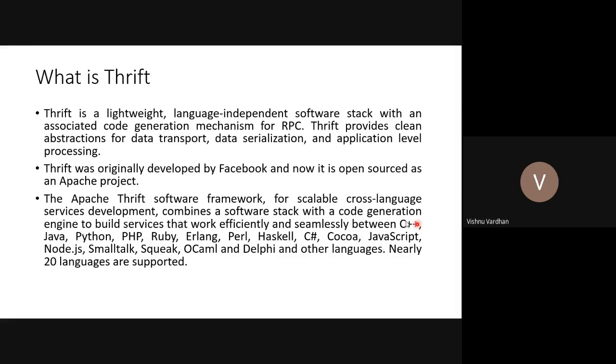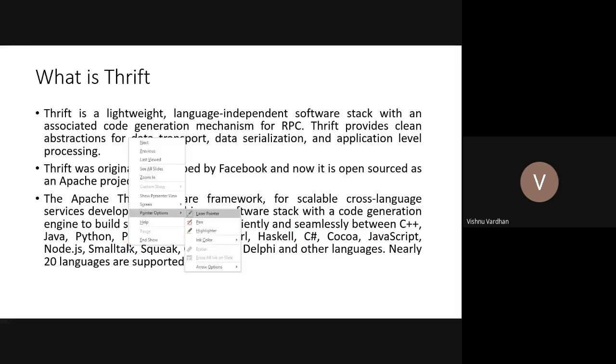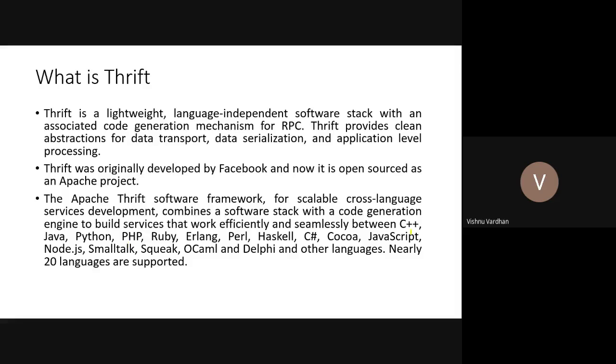You can see here, all these are supported languages. So what it does is it provides the mechanism so that your library or assembly is scalable enough across different languages. Not only can you interact with them directly, you can also scale up the